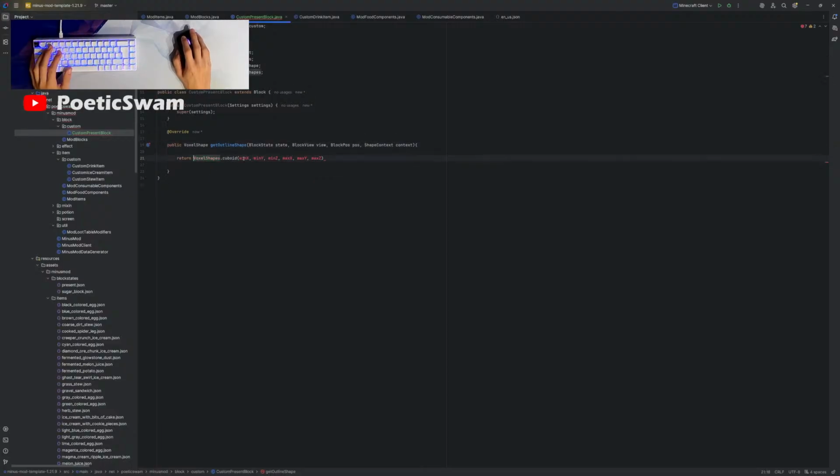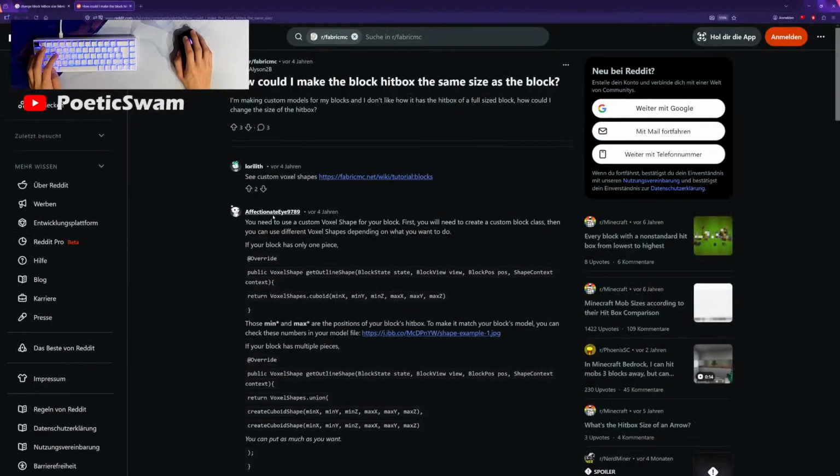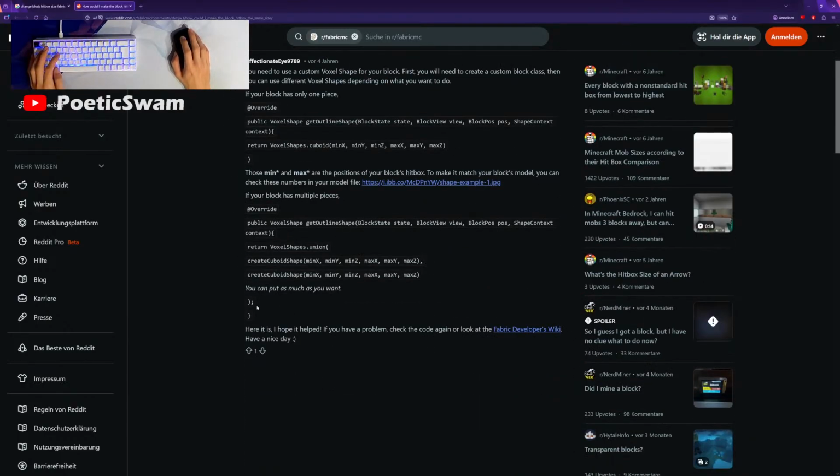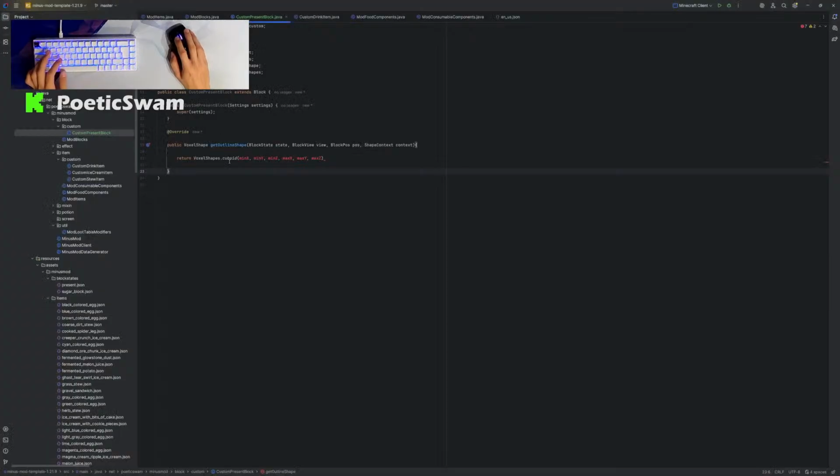Import. Min, max, max, max. So now I need to look at my... no, actually, I'm doing a stupid. I need to add this here. This is what I actually need to add because